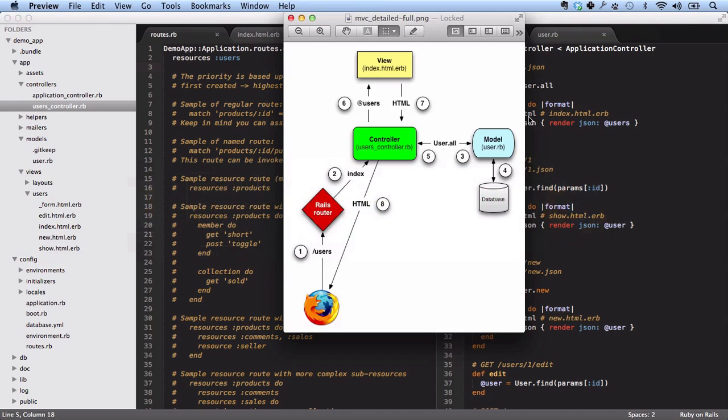In our diagram, that corresponds to steps 3, 4, and 5. So step 3 is the call to User.all. Step 4 is the communication with the database. And step 5 is the returning of this list of users, User.all, to the controller where it's assigned to the variable @users. One of the things that distinguishes these instance variables in the context of Rails is that they are